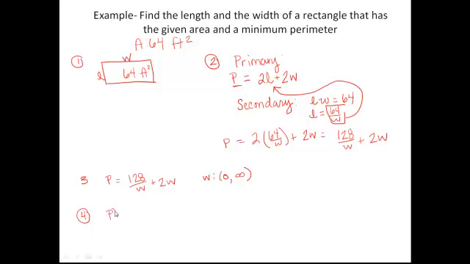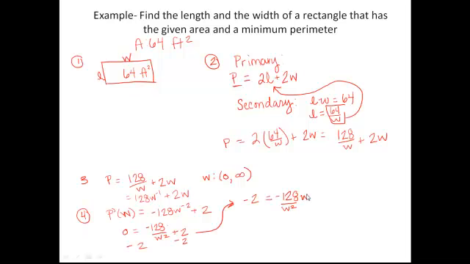I have written P in terms of W, and I'm going to start deriving. One thing I am going to do is rewrite this as 128 W to the negative 1 plus 2W. So what I am going to get is negative 128 W to the negative 2 plus 2. This is a lot like the other one that we just did, so I'm going to breeze through this. I need to find my critical values. Once again, same type of thing. I'm going to multiply both sides by W to the second, but then divide both sides by negative 2. So these cancel each other out, those cancel each other out. What I get is W to the second equals